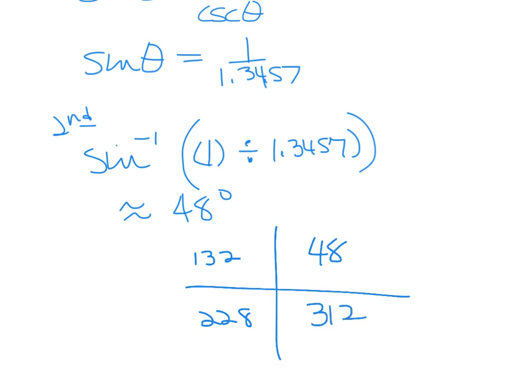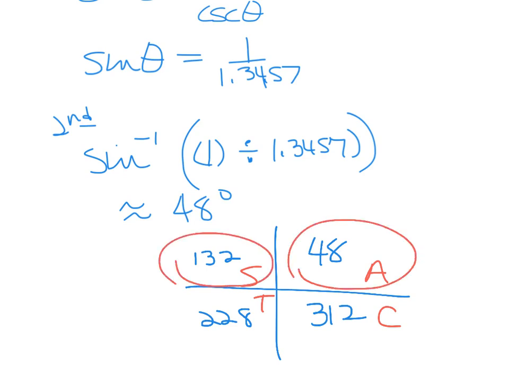$312. Now, again, do your all students take calculus? And here, I need to figure out where cosecant is going to be positive, and that's the reciprocal of sine. So here and here. Now, if you would have already tried to figure out which quadrants you were looking for an answer in,